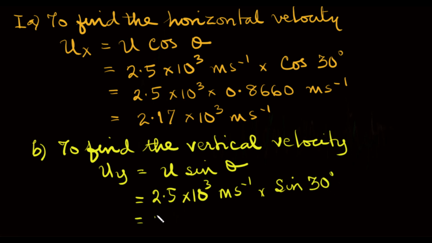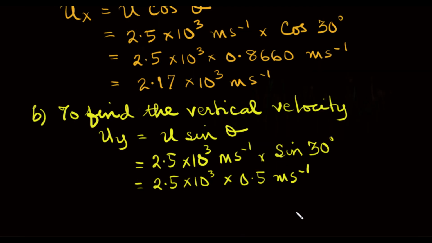This will be 2.5 times 10 raised to the power 3 times 0.5 meters per second. Sine 30 degrees is 0.5, and when we evaluate this, we obtain 1.25 times 10 raised to the power 3